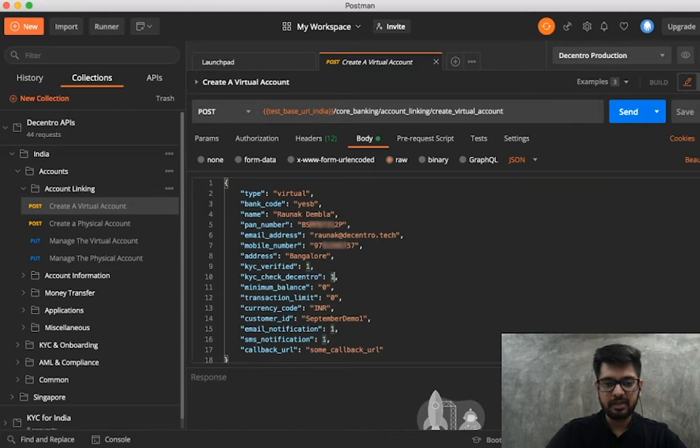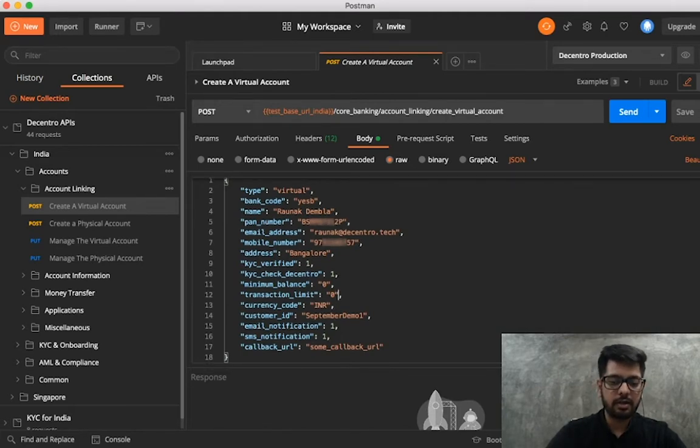Now the next two parameters are basically asking you if you would like to configure any sort of limits on the virtual account that you're creating. And over here I'm going to run with 0, but if you would like to create either a minimum balance requirement or if you would like to put in a transaction limit, you can do so by entering the values here. The account is going to be an INR account, and this is the client ID with which you identify your customer. So this is essentially coming in from your system. Now in the interest of this account, what we're going to do is run with this client ID, and that's about it, right? So once you've done all of this, you straight away go in and you hit send,